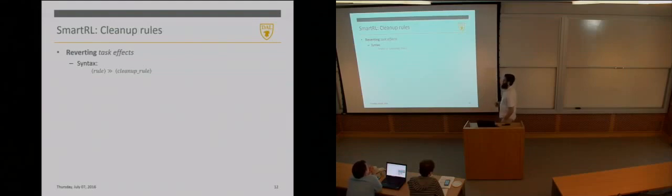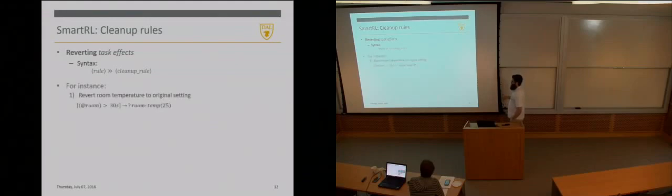So these kind of AAL assistive tasks often involve adjusting a device property or influencing some context in the room the user is currently in to help them perform their ADL. Right, but afterwards, we want to revert the effects of that task, right? Because else you're kind of defeating the point. If we turn on the stove for them, but we don't turn it off after the activity is done, they have to do it. So it kind of defeats the point.